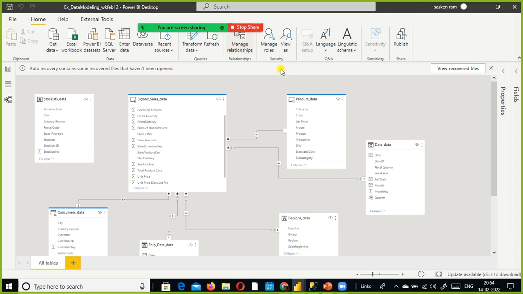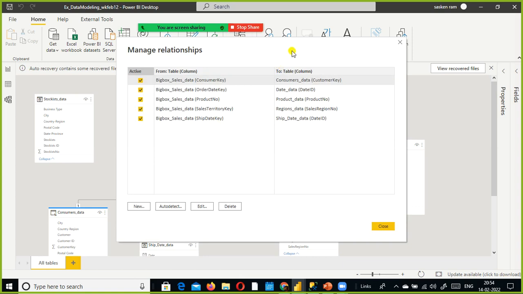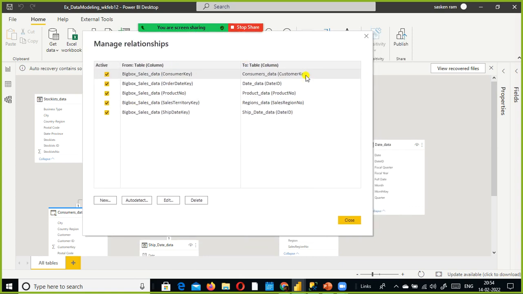You just click on it, go and check manually whether the relationship between the tables are correctly identified by Power BI automatically, right? So here this is my fact table. Between these two tables, customer and this fact table, it has chosen the customer key as the common column to link up these two tables.